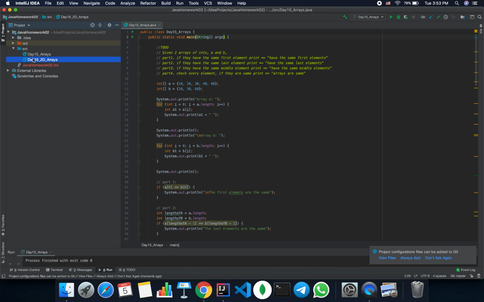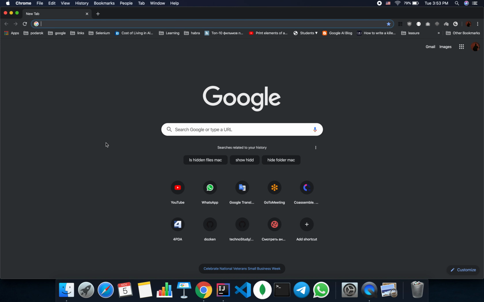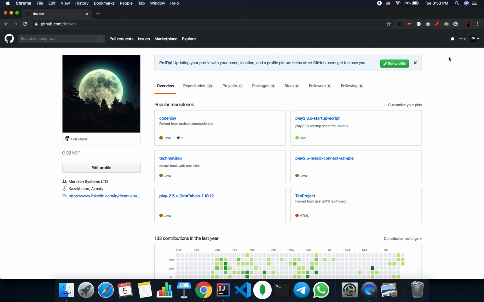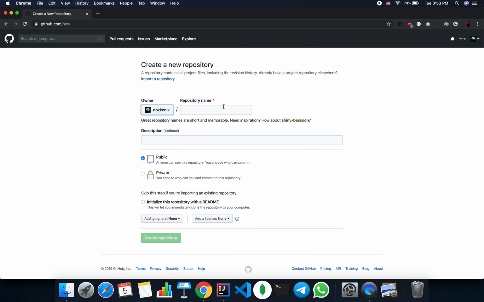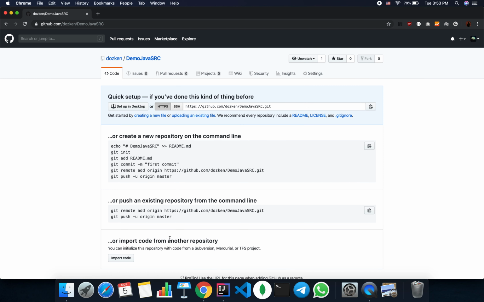So now our change is saved in Git, but we didn't push our source to GitHub. So I'll go here. I need to create a repository here because I'm dealing with a new one. So I will call it demo Java SRC and create repository. I need to copy this URL. I can click here